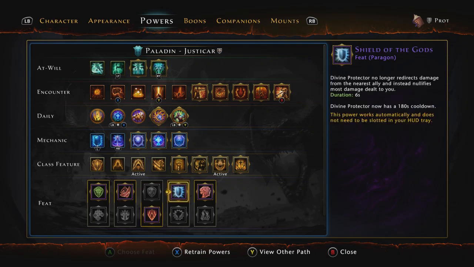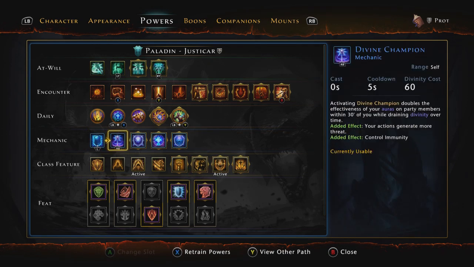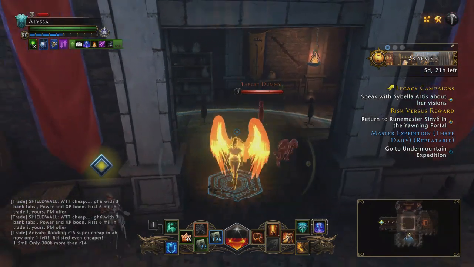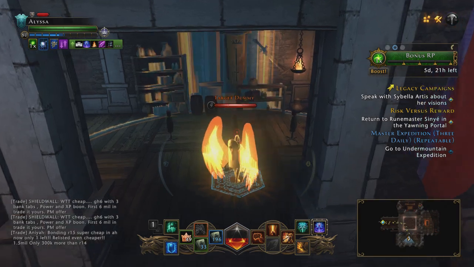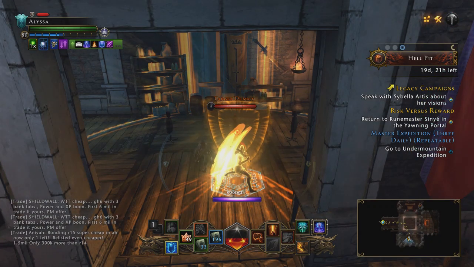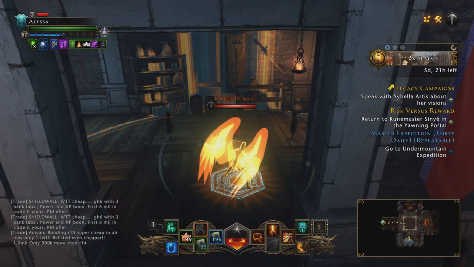Divine Pursuit, Shield of the Gods, and Divine Champion. Now it greatly increases threat generated, but no longer automatically blocks all attacks. And Divine Champion is your RB button. You can throw this out when maybe you're in a pickle, or that explosion at the end of the third boss. You just put up this right here, which is the tapping in the left analog stick as well as saying